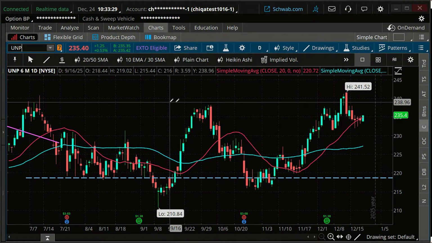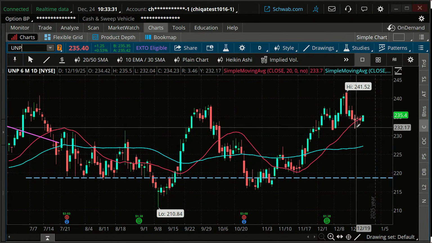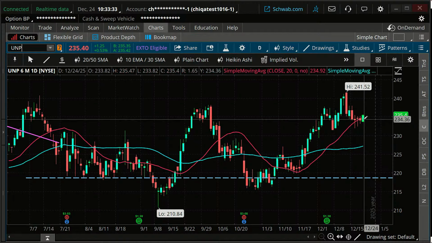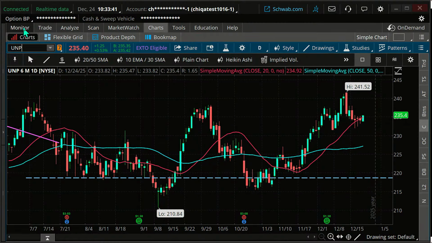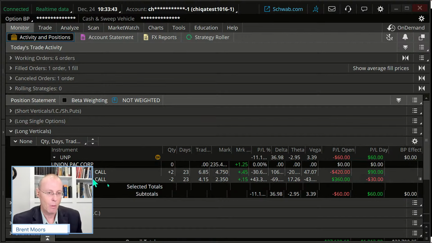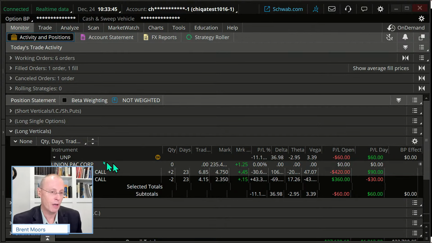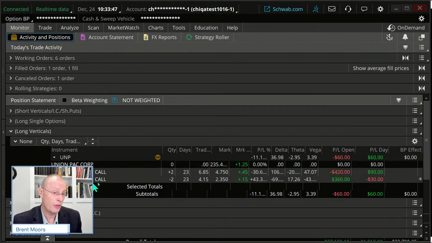Potential resistance up here. You could probably make a case today. We have a nice little bounce to stick with that a little longer. Thank you for helping me out, everybody. I had a little mess up there. I was showing the wrong chart. So bottom line is if we're bullish, you can stick with it.